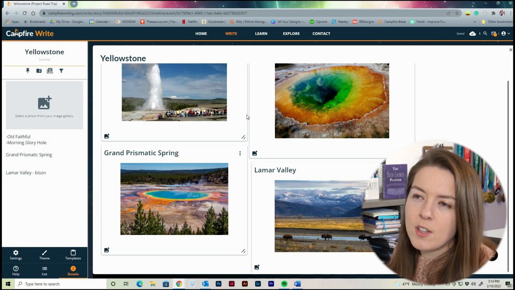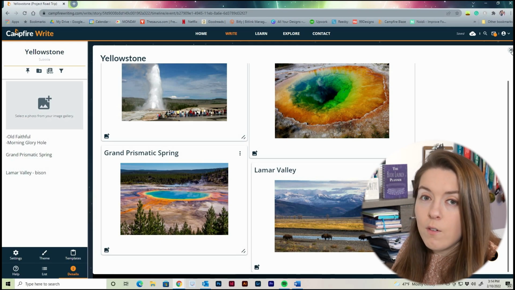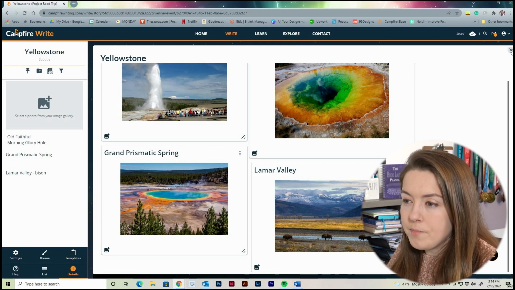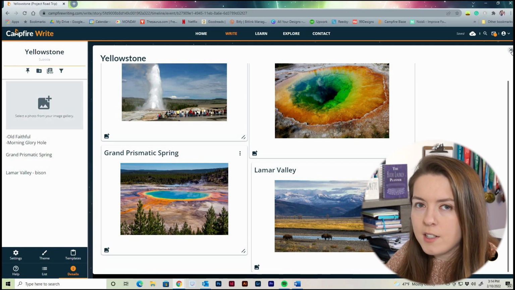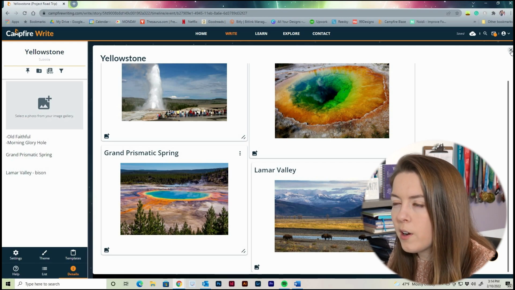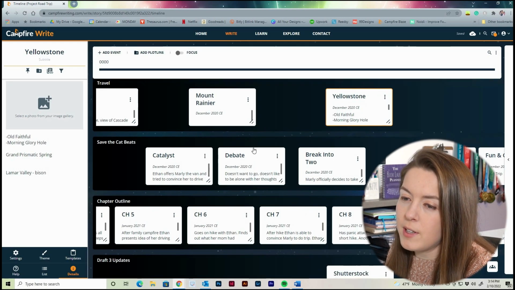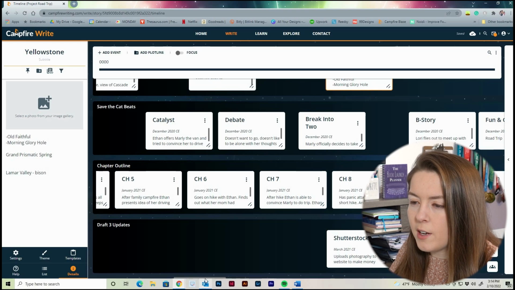Now, I didn't quite do this the exact same for Project Road Trip 2, but this is kind of the layout I did for Meet Me at the Summit. So you'll see as I work that, you know, I figured out different workflows as I got to know Campfire more and more and discovered the features more and more. But I also wanted to point this out because I use this for editing, so that's what this last column down here is for,